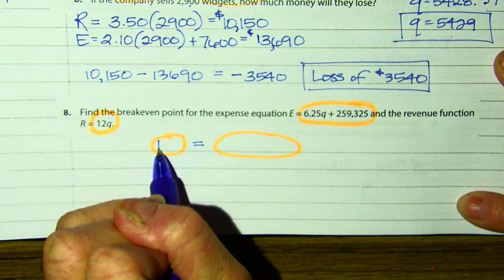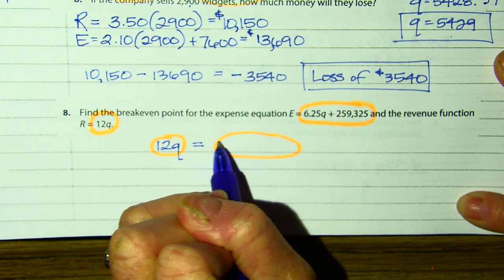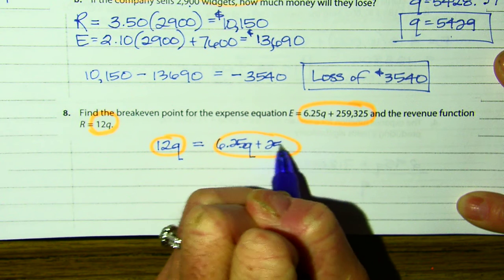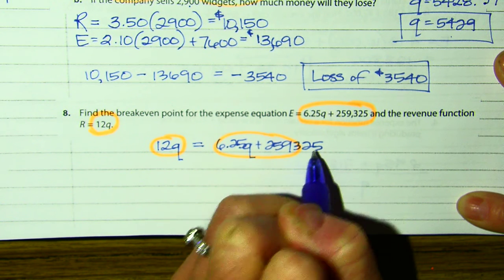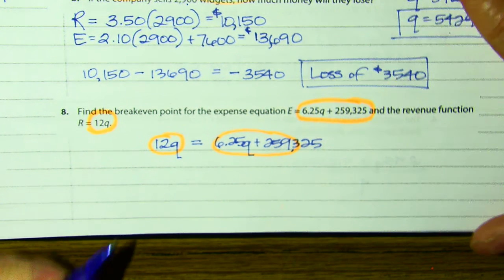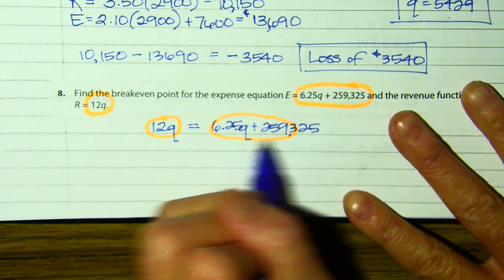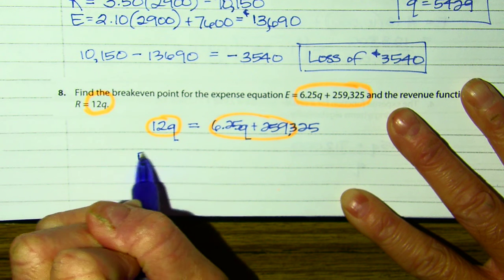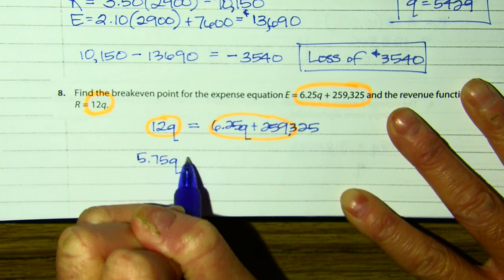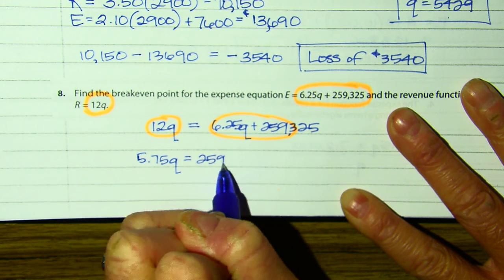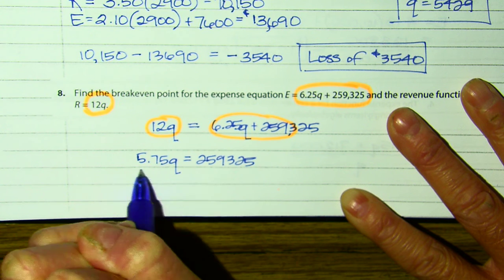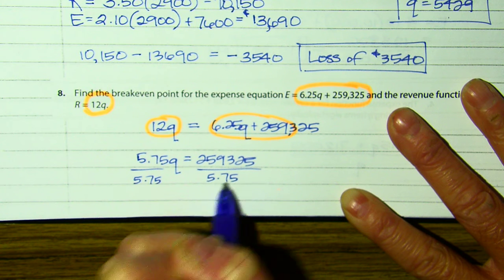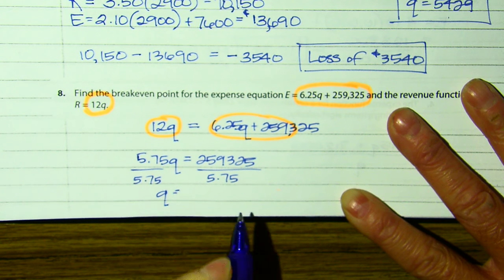So on the left, 12Q equals 6.25Q plus 259,325. Okay, then I'm going to subtract the 6.25Q and I get, what is that, 5.75Q equals 259,325. Then I'm going to divide both sides by 5.75. And I get Q equals